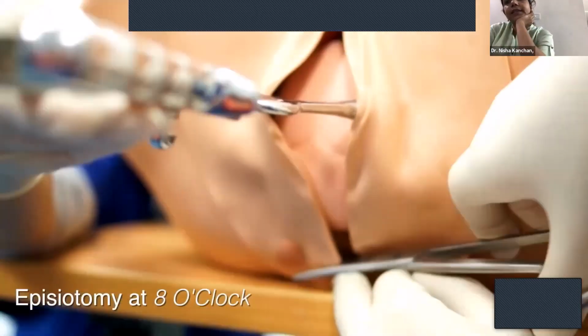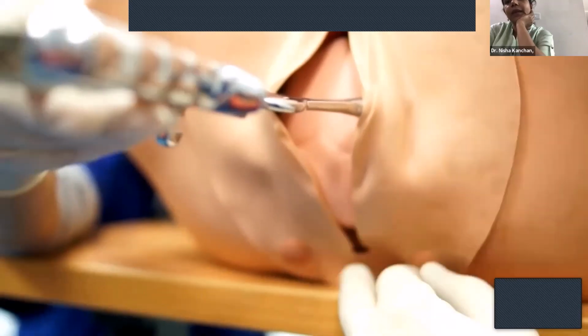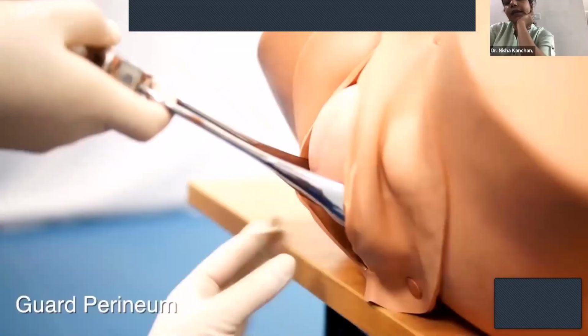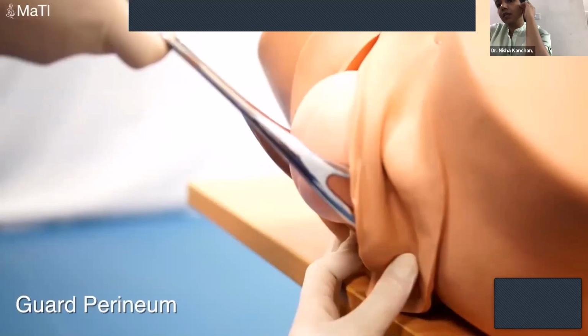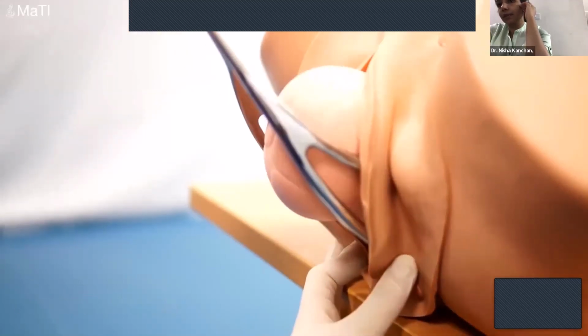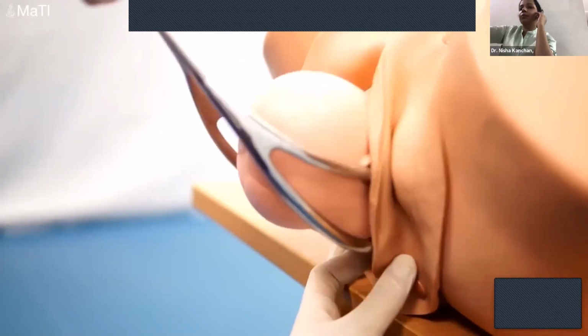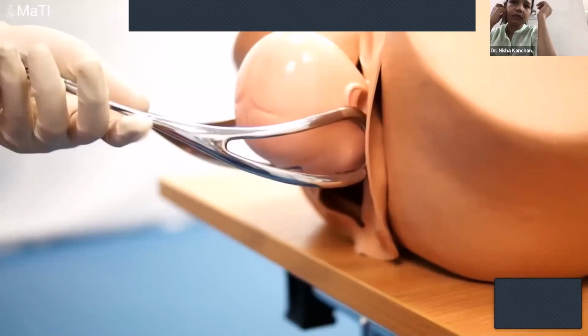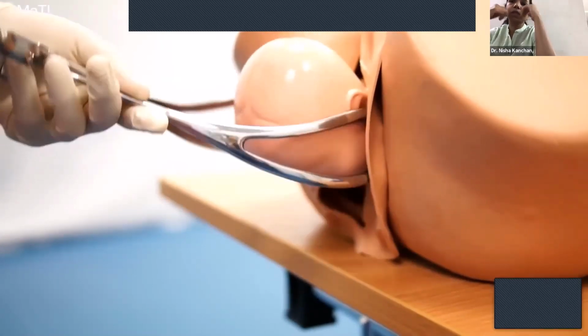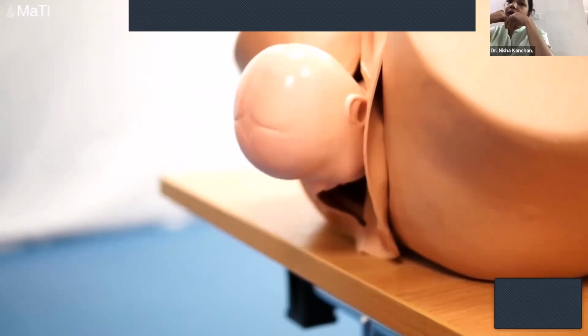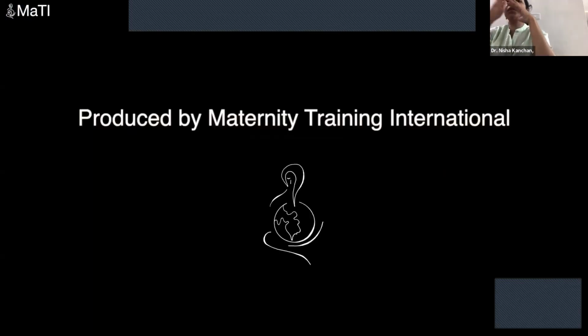So now here, when it is crowning over the perineum, they are giving an episiotomy. Okay, they didn't give it before. So they gave an episiotomy, another person is giving perineal support. So after episiotomy, pull it upwards. Okay, once it is crowning, when you pull it horizontally, that's when you give an episiotomy, then you pull it upwards. So your direction of pull is the same as in vacuum. Okay.